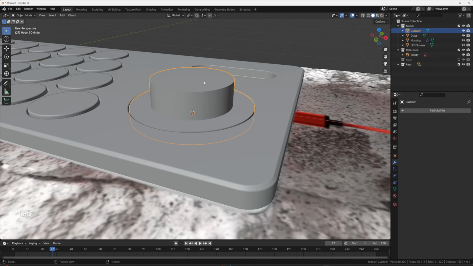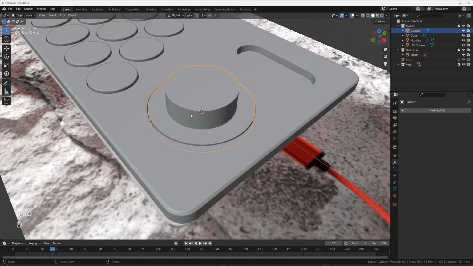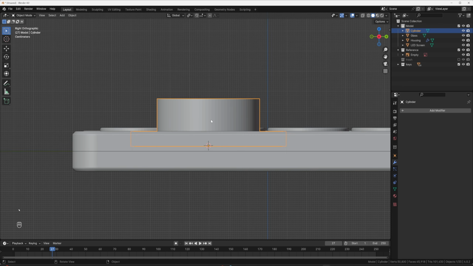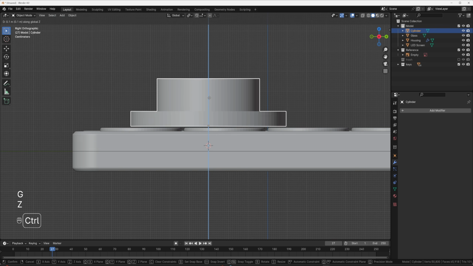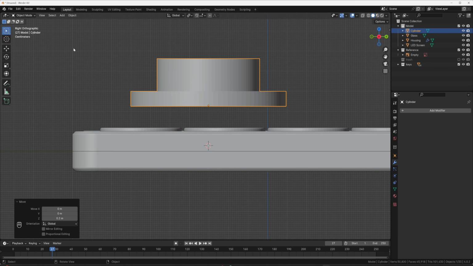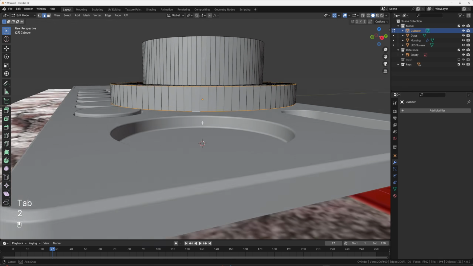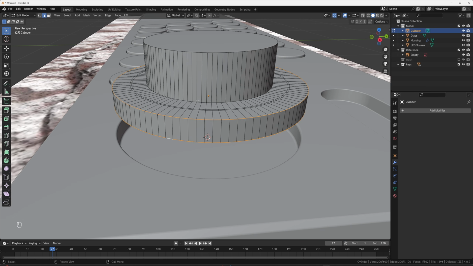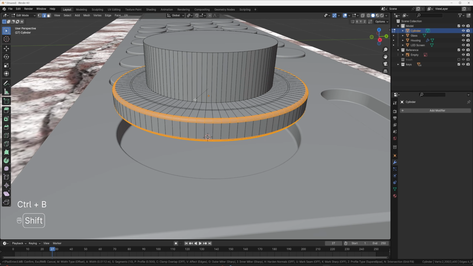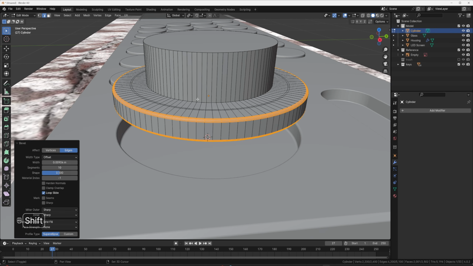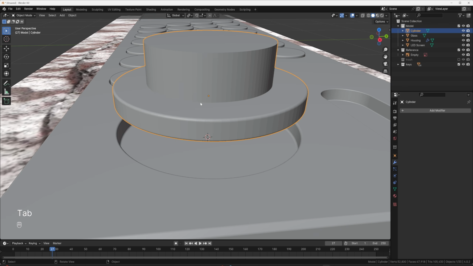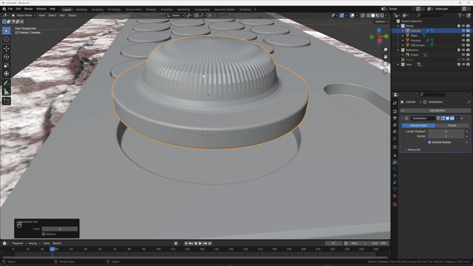And then what we're going to do now is we want to bevel all the edges that we want to not get affected. So I'm going to G Z and hold control and bring this up 0.2. And so that's just so I can know how far to put it back. So I'm going to select these edges right here and Control B, give them plenty of segments. That way the subdivision surface doesn't take them over. And then I'm going to do Control 2. And what that's going to do is it's going to subdivide our mesh.